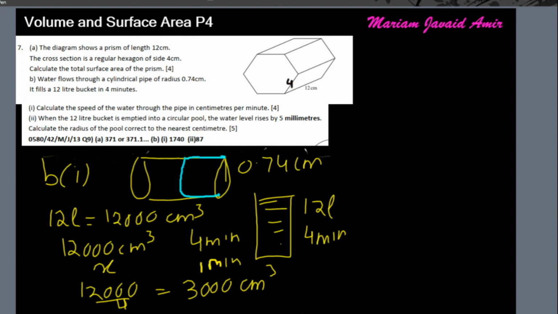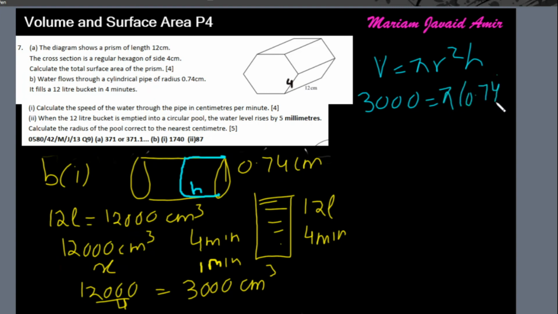Okay, and this will be the height. So I know the volume of a cylinder is pi r square h, and the volume in 1 minute is 3000 equals pi times 0.74 square times height, which I need to find. I'll make height the subject, and I'll get 3000 divided by bracket 0.74 square times pi,